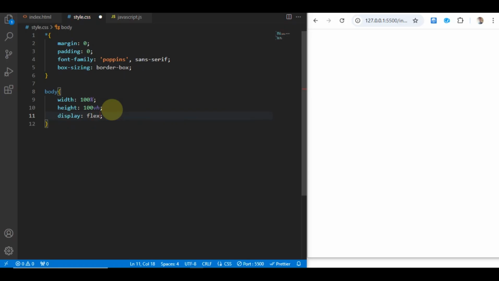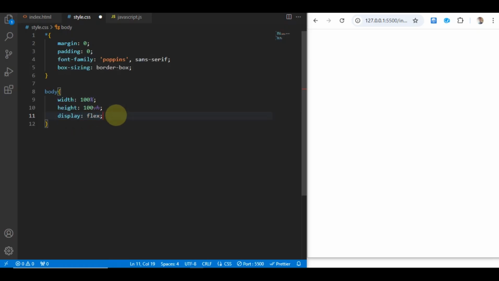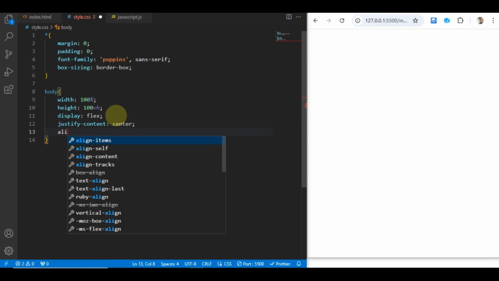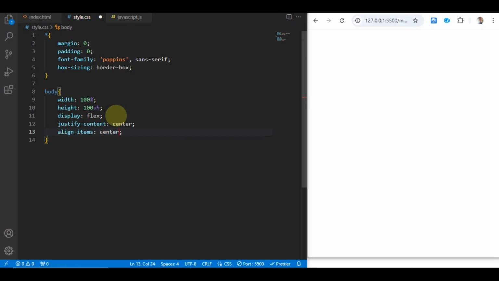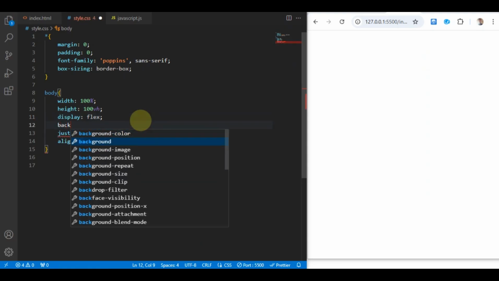This CSS property will enable the flexible layout mode for an HTML element, and then we will take justify-content center, and align-items will also be center, because we need to place our content in the middle of the template. And mistakenly we forgot to give a background color for this body, so let's give it here. Background color I'm giving here